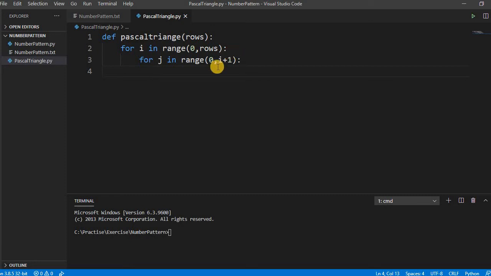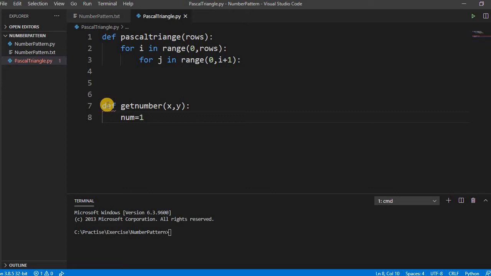Okay, and let's take another method which returns the value, right? By default, that's not a big deal, but let's create one more method like get number. We pass two elements like x comma y, and then let's say num is equal to 1, because by default the first number and the last number of each row must be 1.